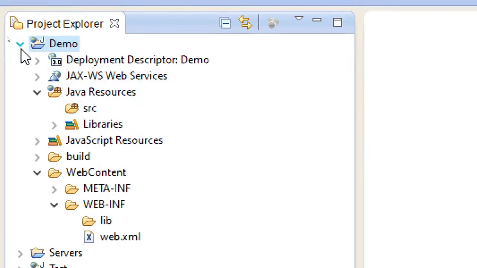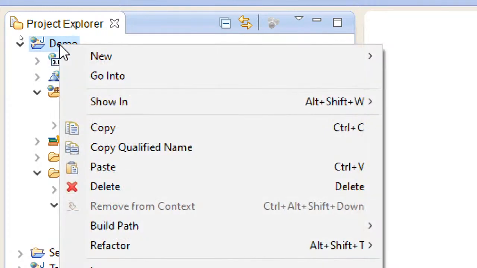Okay, let me first create a simple JSP, because for you to understand how we are going to do that, let me just show you. For creating HTML files or JSP files, you are not going to right click on the src folder.